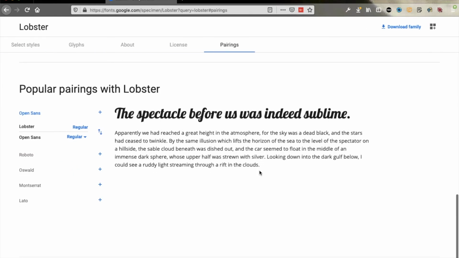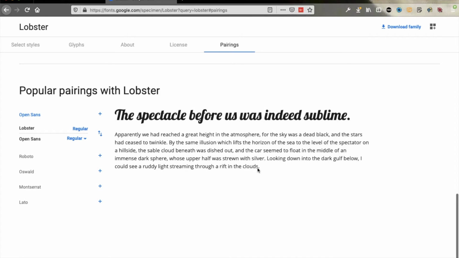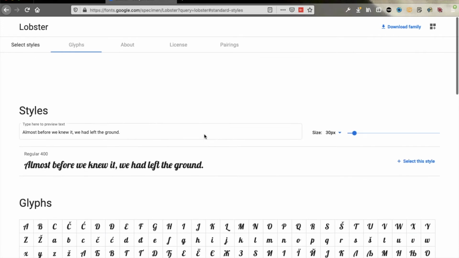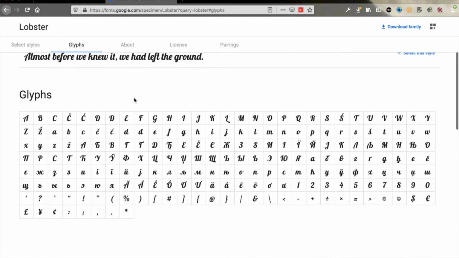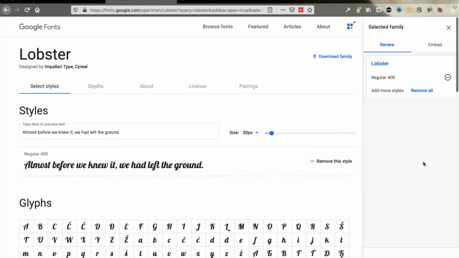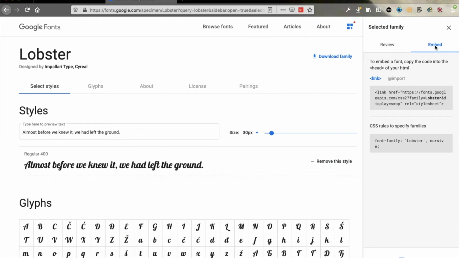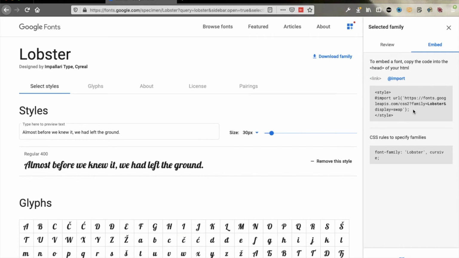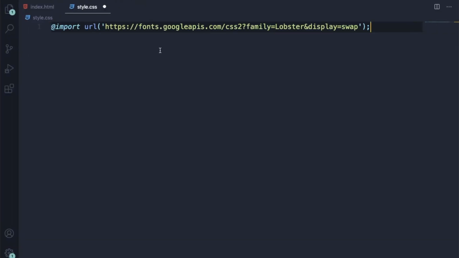Yeah, we have to go to embed and we have to go to imports, because we want to import it. And let me copy it and let me import it here at the top of my styles.css. Yeah, then after that